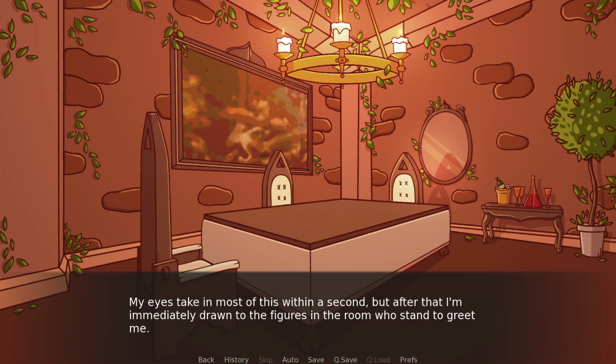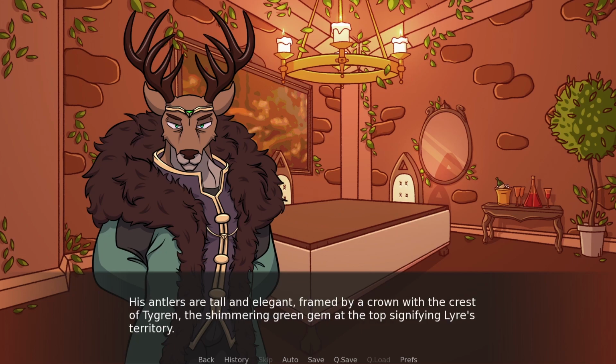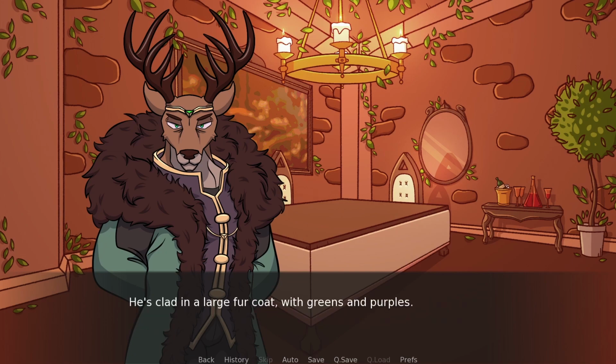My eyes take in most of this within a second, but after that, I'm immediately drawn to the figures in the room who stand to greet me. There, sitting in the chair to the left of the room, is a large stag. The king. His antlers are tall and elegant, framed by a crown with the crest of Tigran, and the shimmering green gem at the top signifying Lyre's territory. He's clad in a large fur coat, with green and purples. He's almost as big as Lyle,